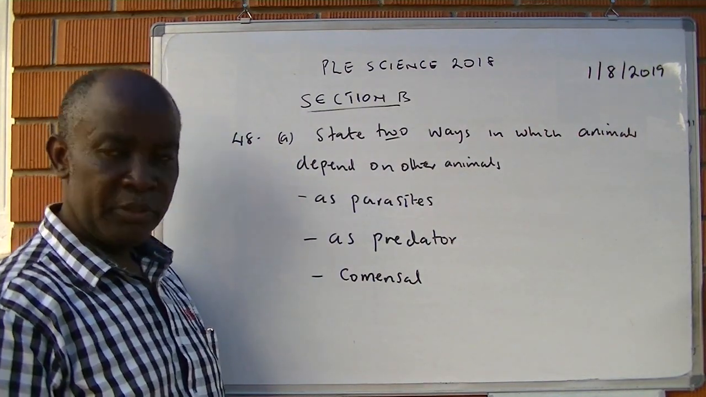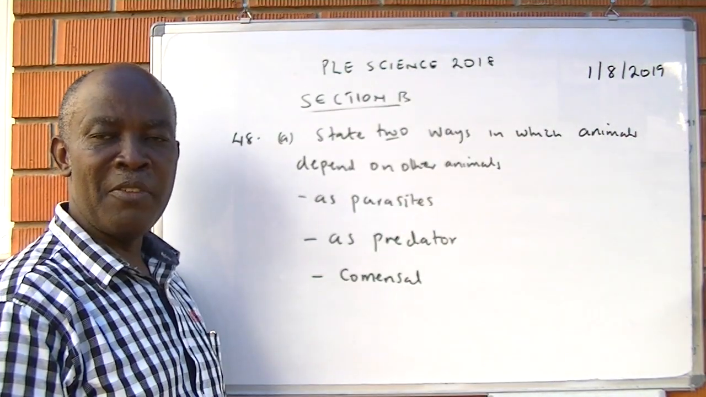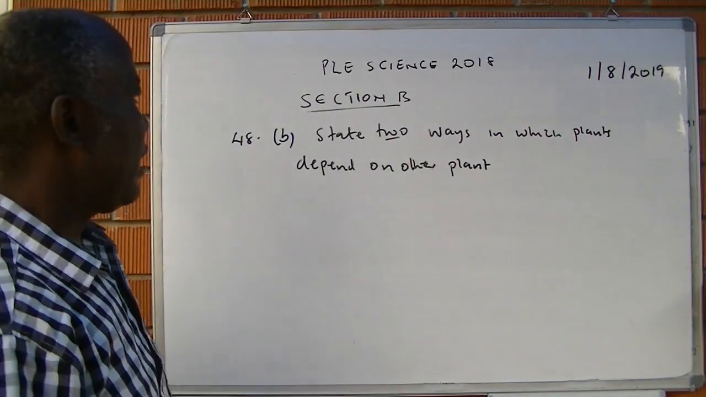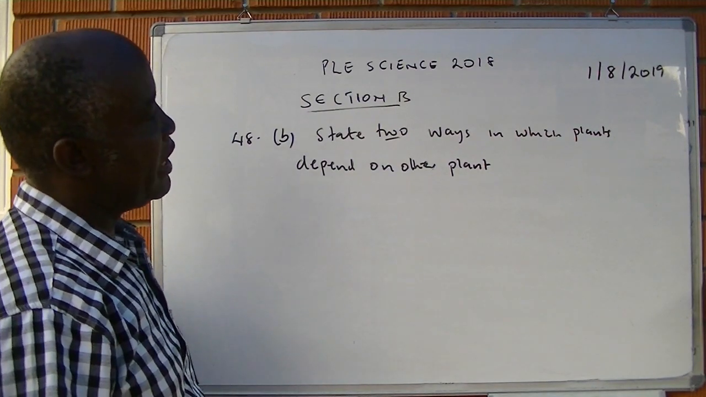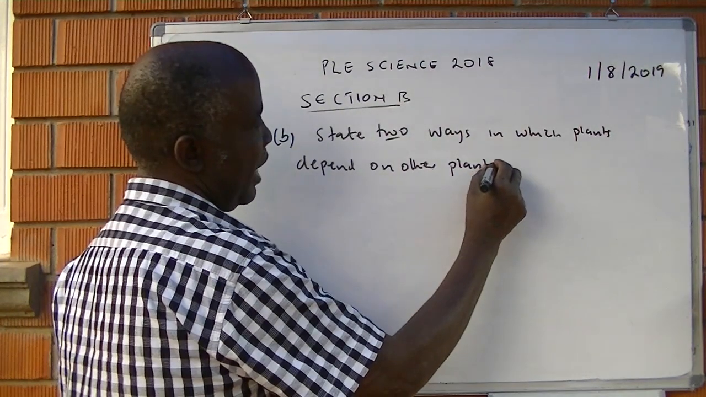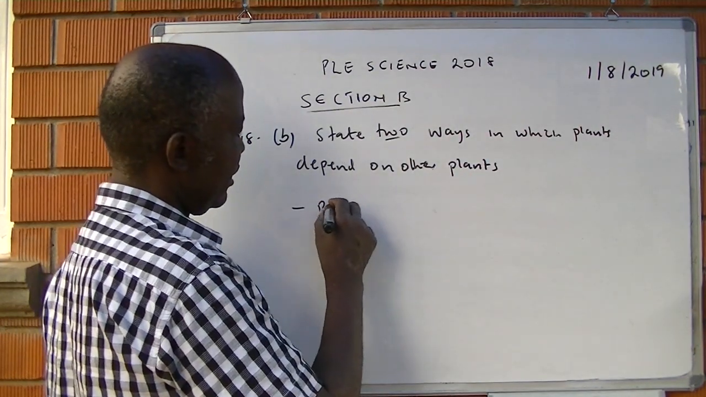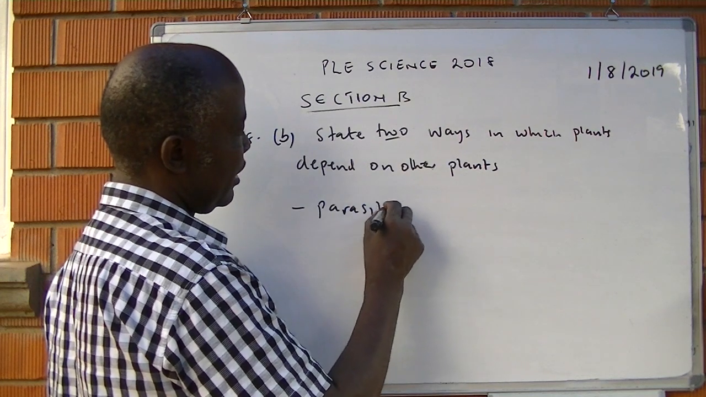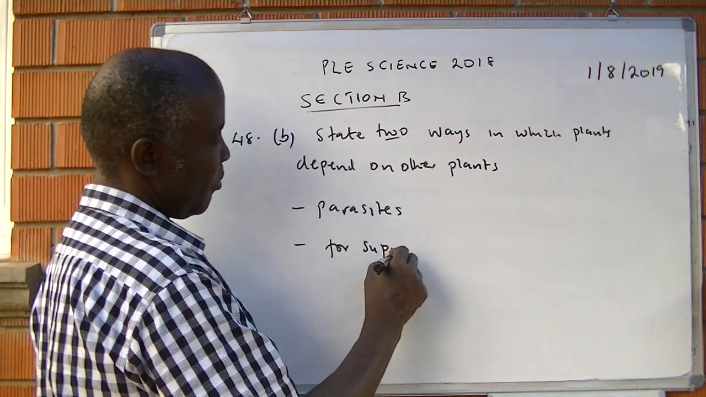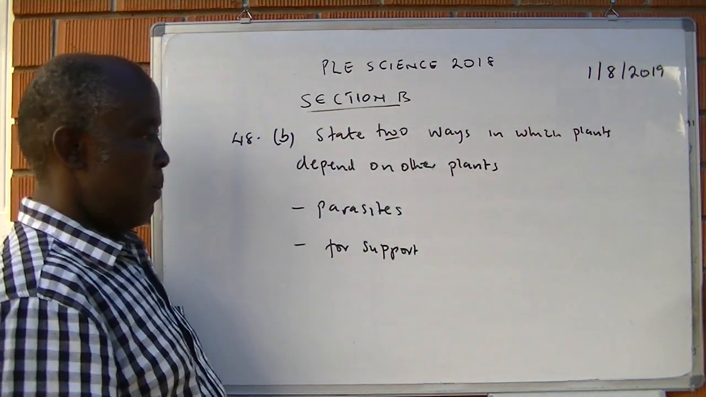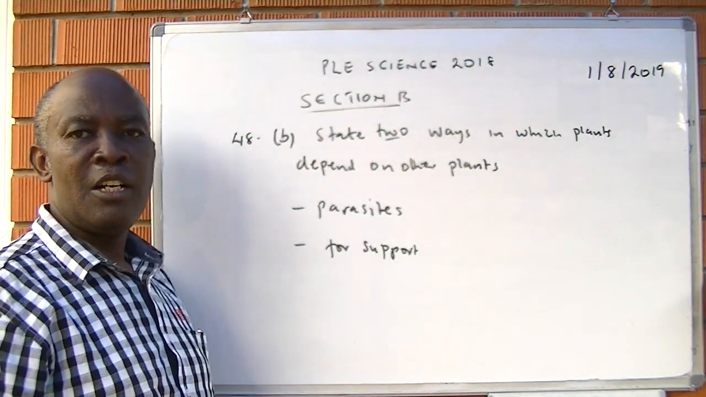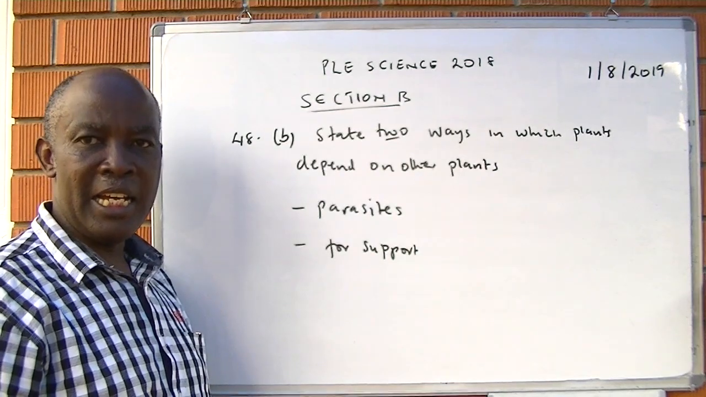A commensal is an animal which benefits from another animal, while the other animal does not lose anything. 48b, state ways in which plants depend on other plants. One, as parasites. For support,